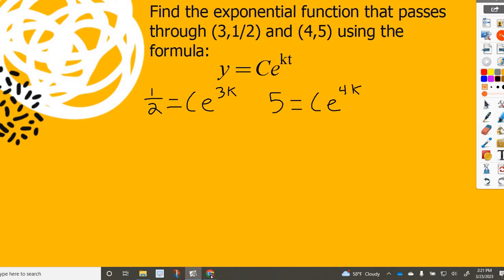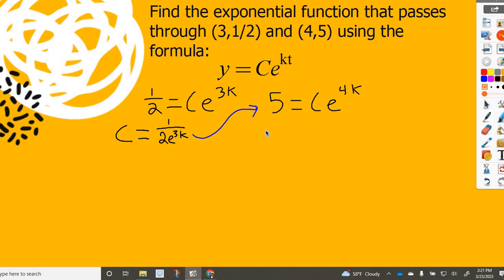So how would I solve for C here? Divide by e to the 3k. Or in other words, I would make it on the bottom. So I get 1 divided by 2 times e to the 3k. Then what do I do with that? Plug it back into the other one. So that's going to be important. Whichever one you use to solve for, you have to plug it into the other one